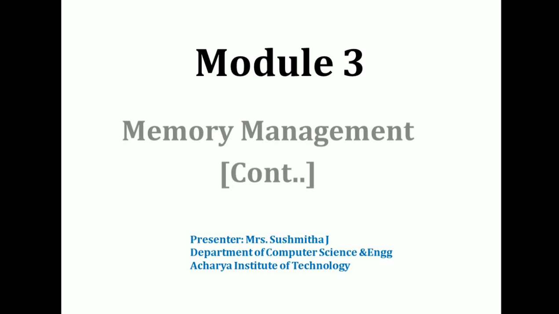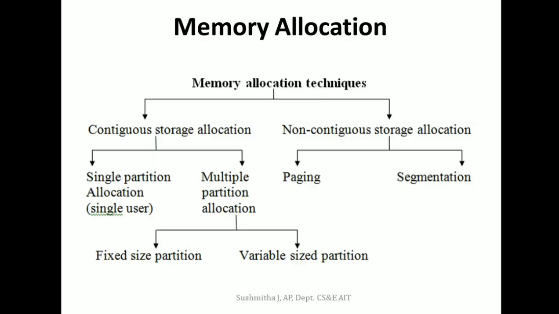We told how and what are the partitions of the memory allocation. Now let us see how actually the memory is allocated. So the memory allocation could be divided as contiguous and non-contiguous. Again, in contiguous you have single partition and multi-partition. Again, under multi-partition we have fixed and variable. Talking about non-contiguous, probably we would be addressing it at the end of this chapter.